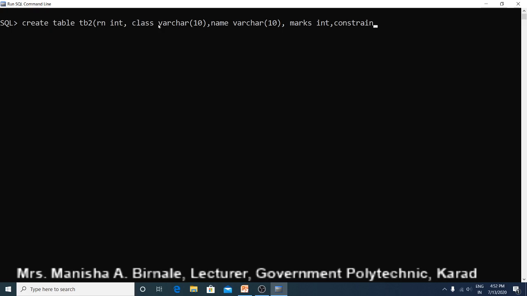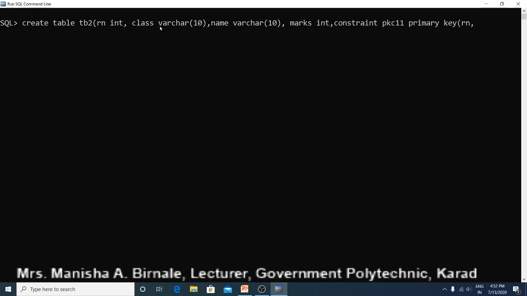constraint, constraint name, suppose pkc11 is the constraint name. You can give any name to the constraint. Then write primary key, and in round brackets you have to specify the column names which will form your primary key.